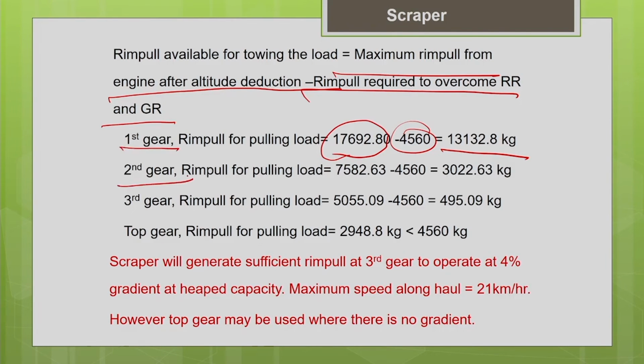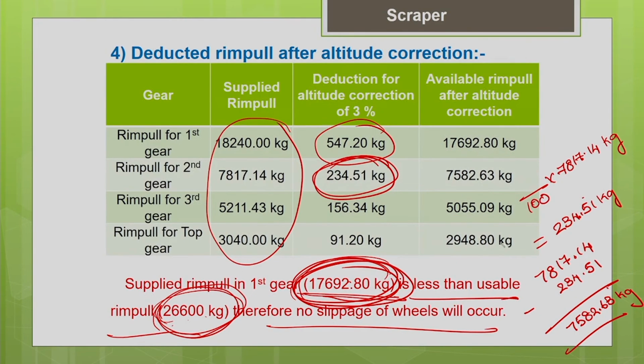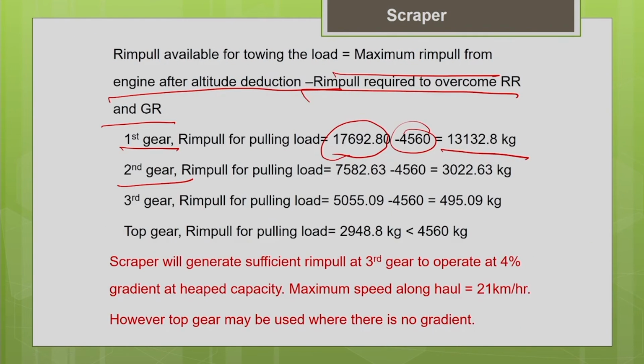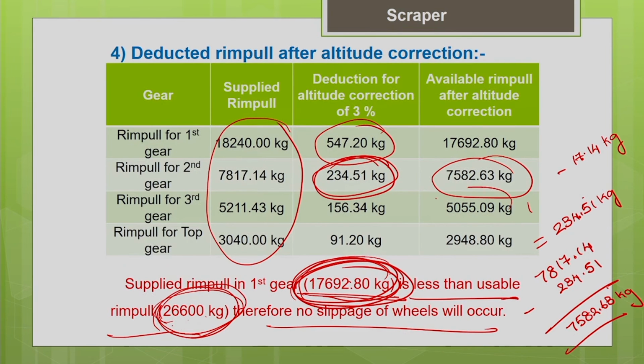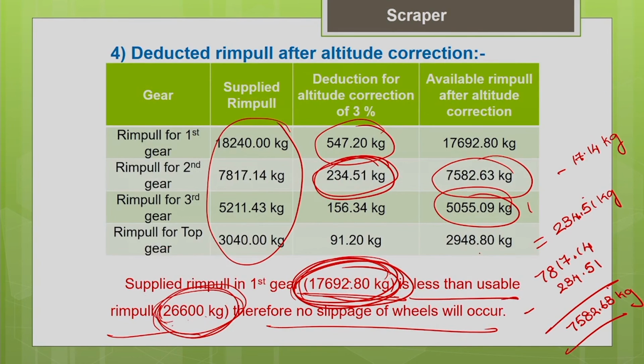Similarly, for the second gear, the available rim pull after the altitude deduction is 7,582.63. The power needed to overcome the rolling and grade resistance is 4,560. This is the remaining power available for pulling the load in second gear. Similarly, for the third gear, 5,055.09 is the power available from the engine, minus 4,560 gives you the remaining power available for pulling the load at third gear. In top gear, you can see the power available is minimum,